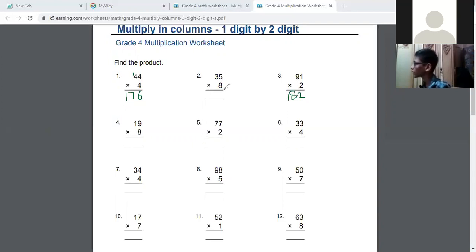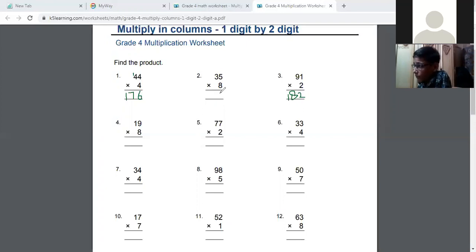Okay. Now next. 8 fives are. Read the table. 8 ones are 8. 8 twos are 16. 8 threes are 24. 8 fours are 32. 8 fives are 40. Okay. For multiplication, you have to be familiar with the tables. Okay, you should have a practice of tables. Tables याद करें अच्छी तरह.